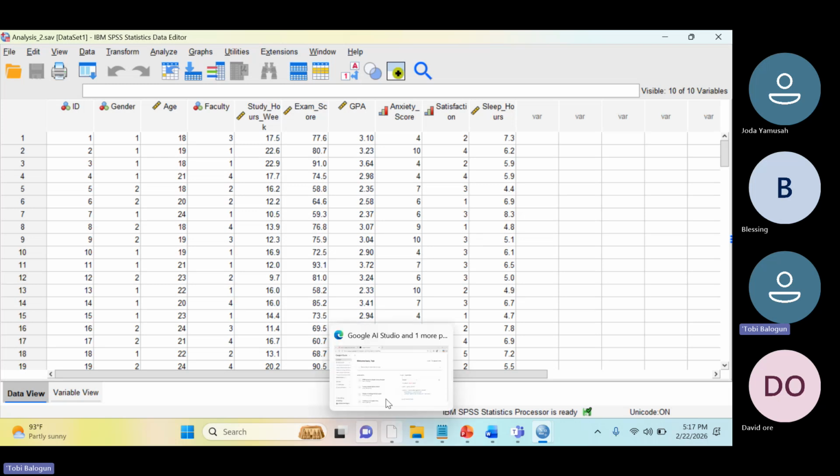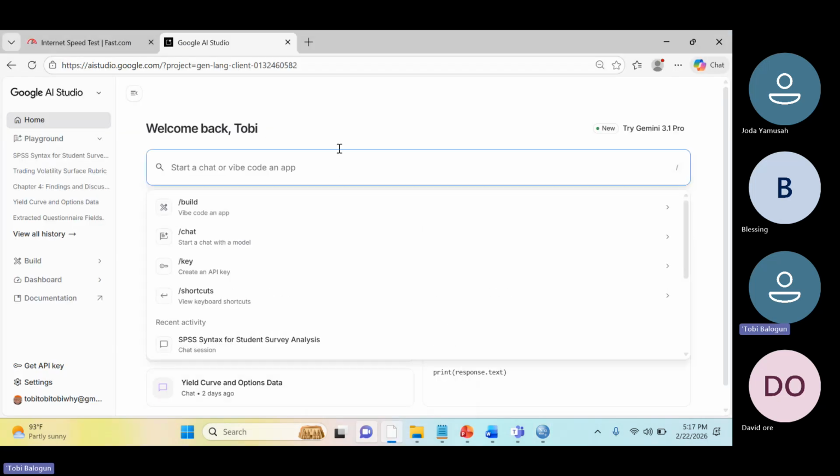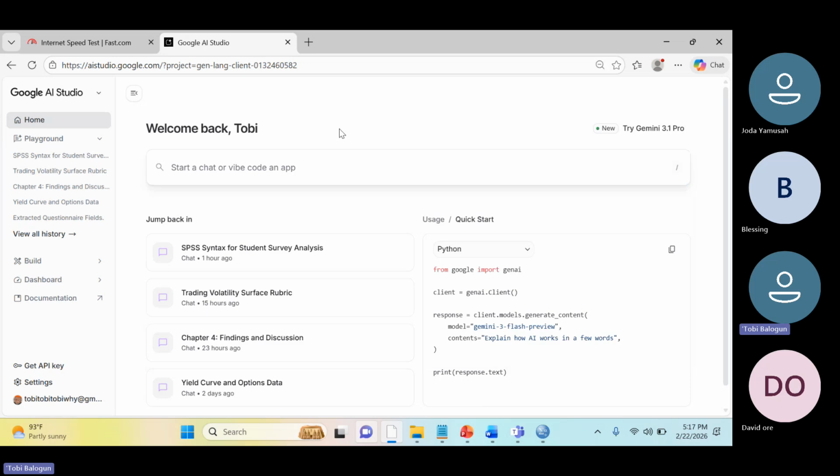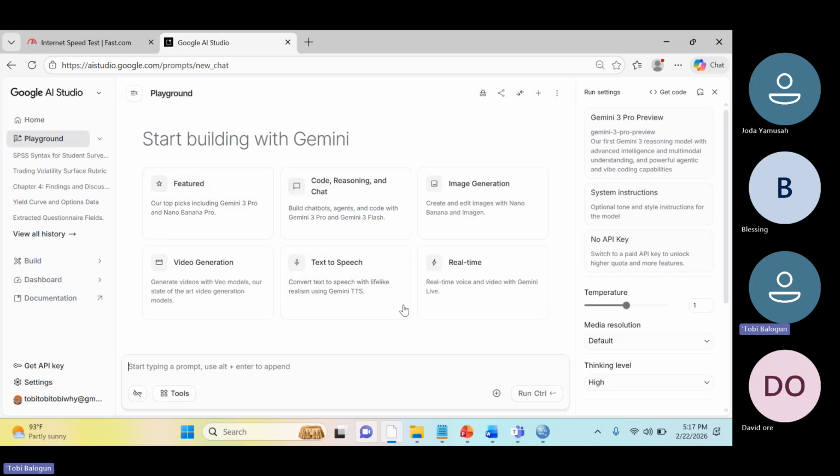So right here, I'll go to this platform. You can use what you want to use. Maybe you want to use ChatGPT, Claude,